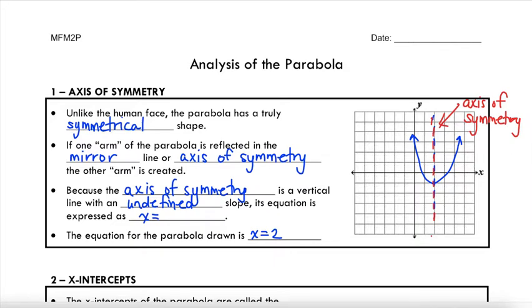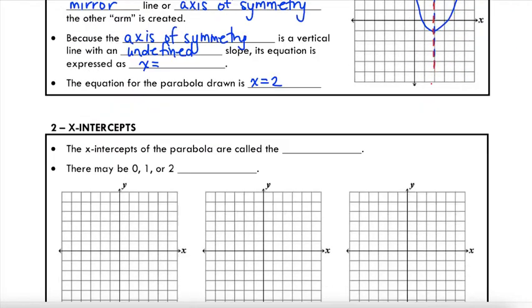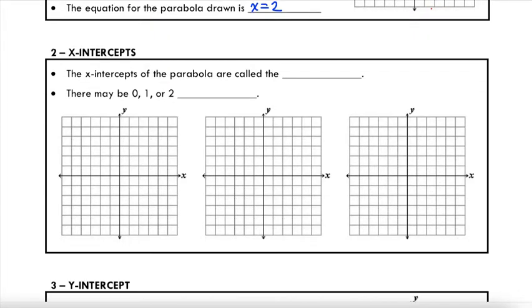The next definition that you need to know is x-intercepts. Now, x-intercepts of the parabola are also called the zeros. So you might see those words being used interchangeably. So there could be 0 zeros, 1 zero, or 2 zeros. So what does that mean? Well, what does that look like